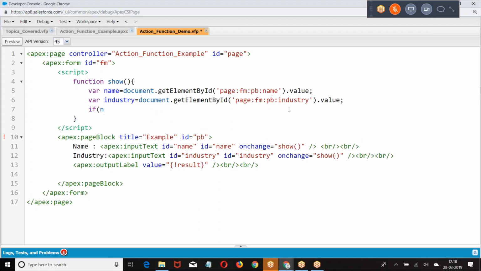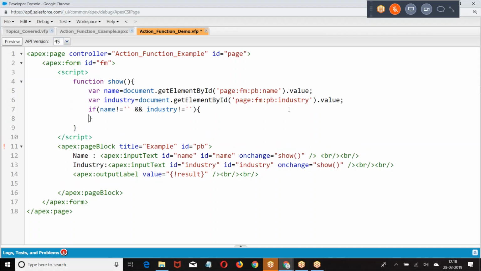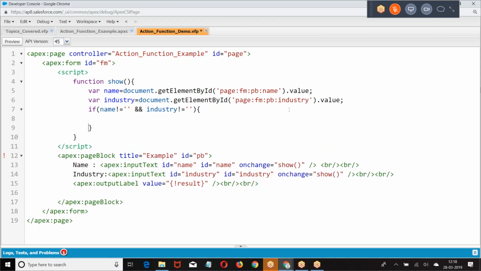Now what I'm doing? If name is not equal to blank and industry is not blank, when the value of the name is not blank and industry is not blank, then only call the action function.